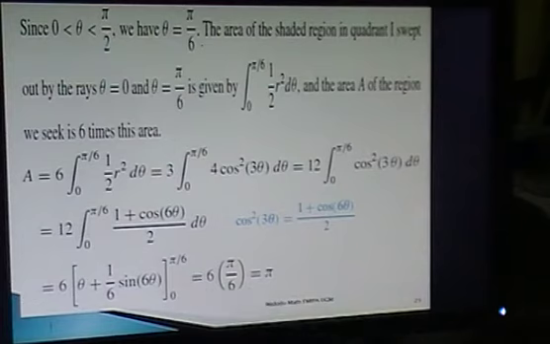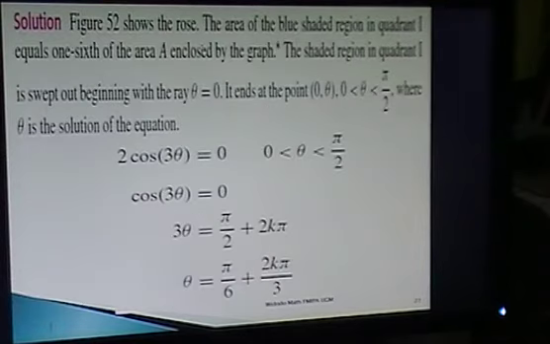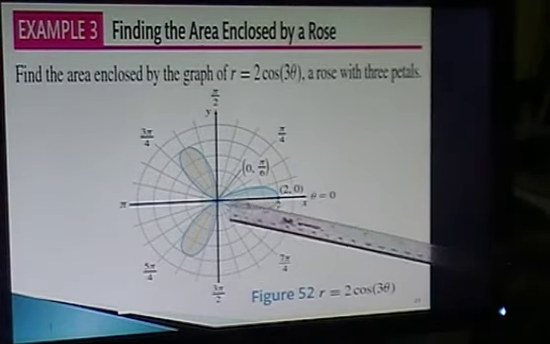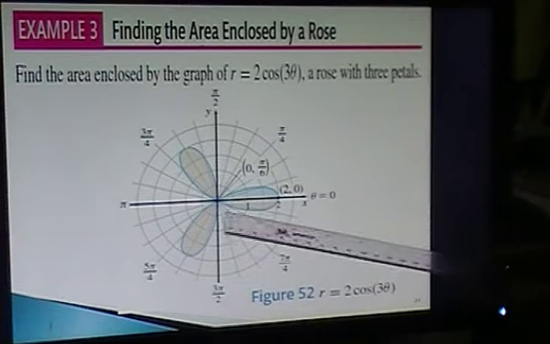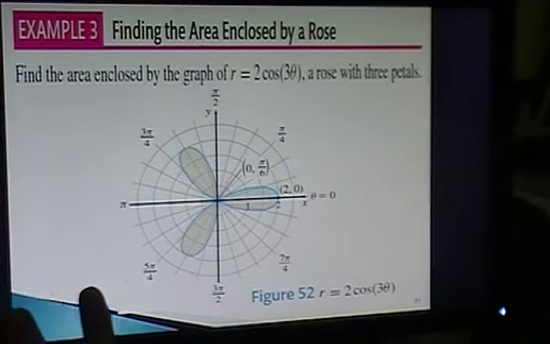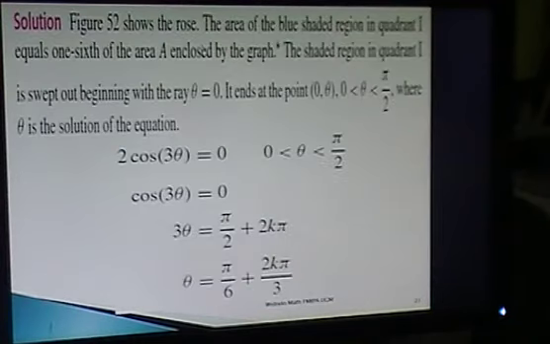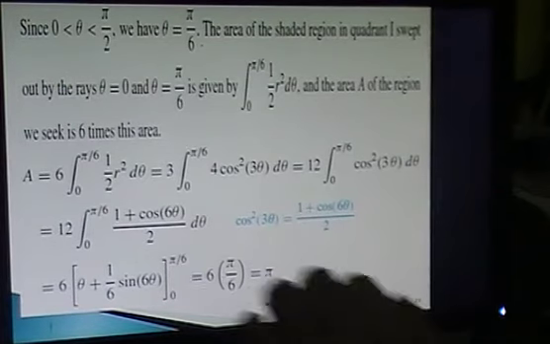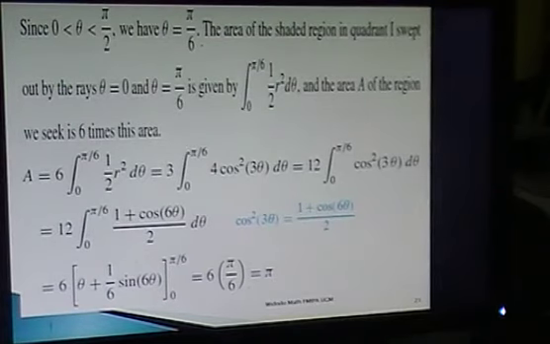If we calculate all together, we have phi. So in conclusion, we can conclude that the area of this rose with 3 petals, that one, the first, the second, and the third petals, all together have area phi unit. That is the answer of the example.